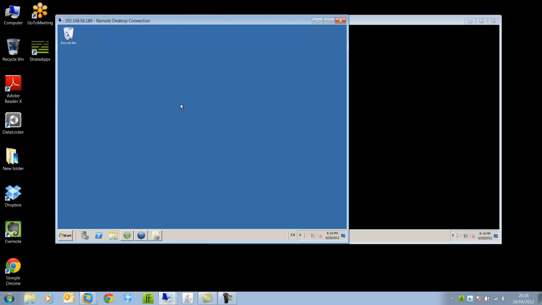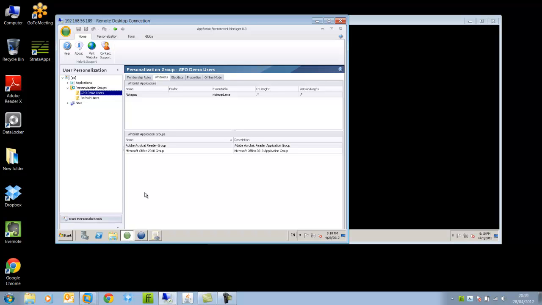If we just have a look through the client console on my server here first off. Now, anyone familiar with previous versions of Environment Manager will notice that usually there's a separate button down here to switch to the policy side of Environment Manager. We now have the option when installing the console to choose either to install both personalization and policy pieces as we used to, or you can now choose to just install one or the other. So in this instance I've just decided to install personalization. So in this case my administrator only has access to change personalization settings and not the policy side. So I've kept this completely a personalization